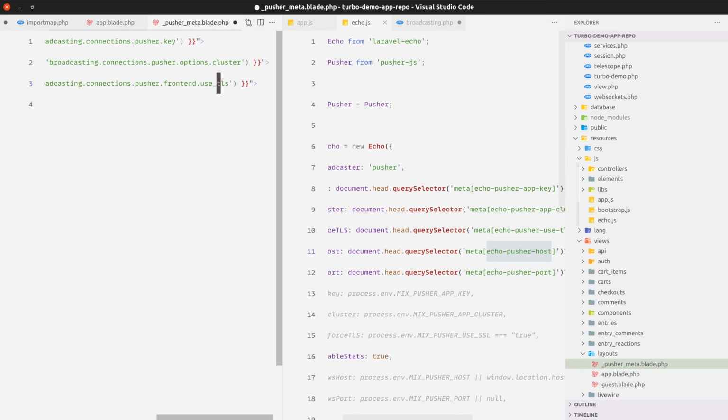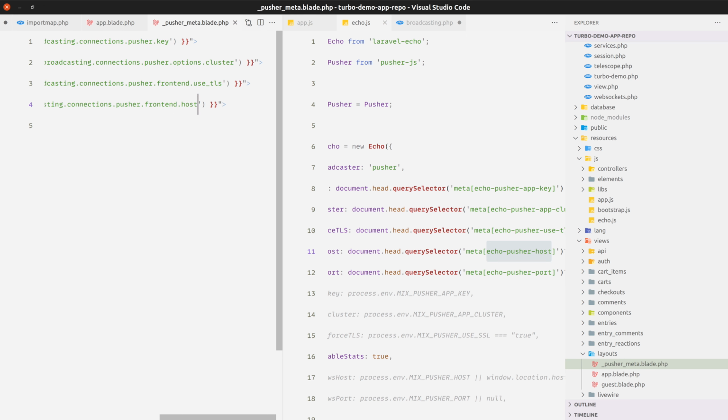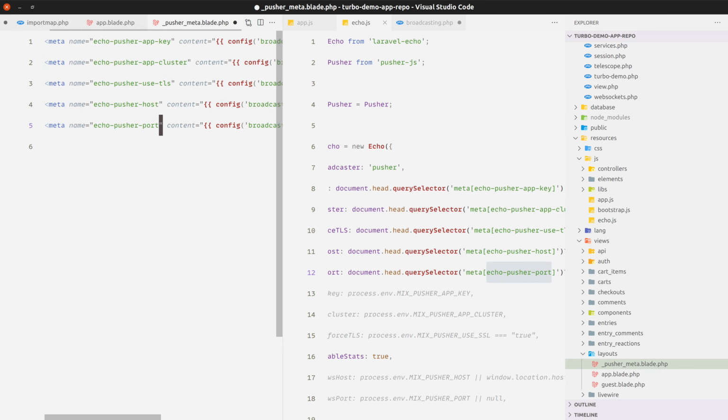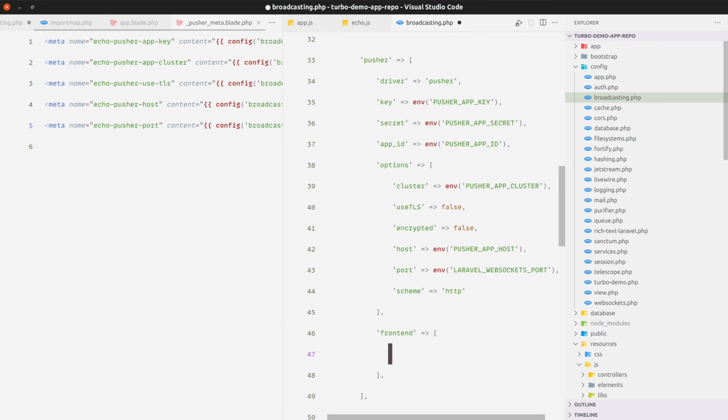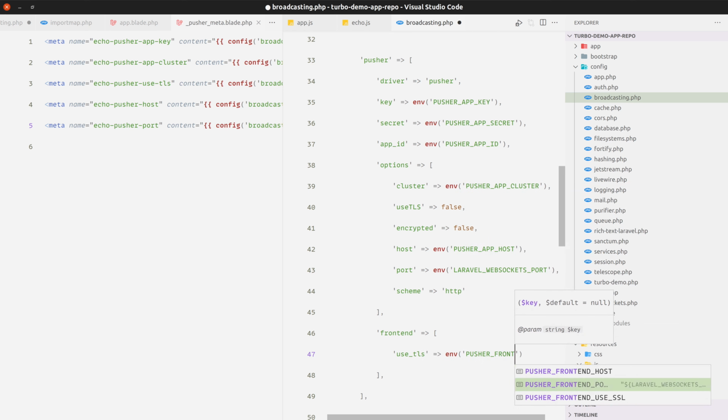Next one is the host. So echo host and front end pusher. Oh, actually just host name, host maybe just host, and port. And this one I have to change over here. All right, so let's add these three configurations here. So the first one is use TLS and that's gonna be defined in the pusher frontend use TLS